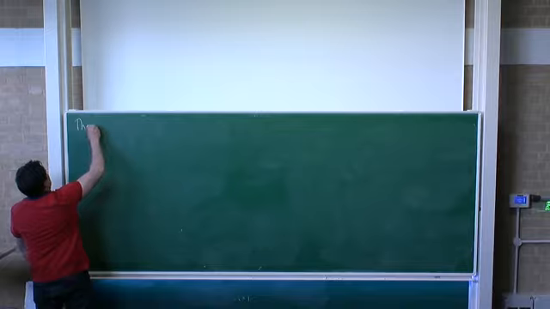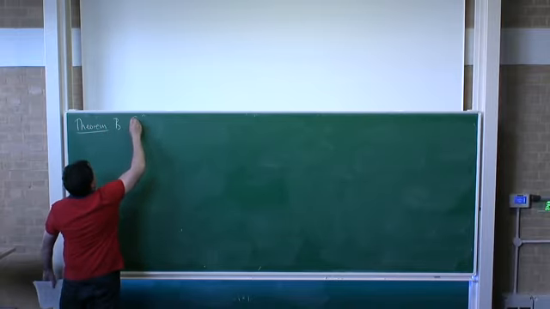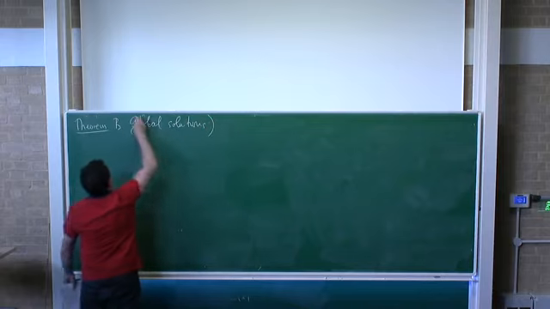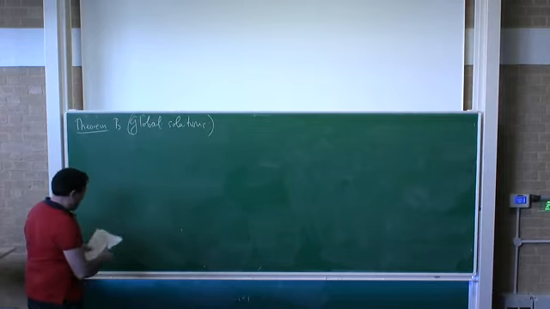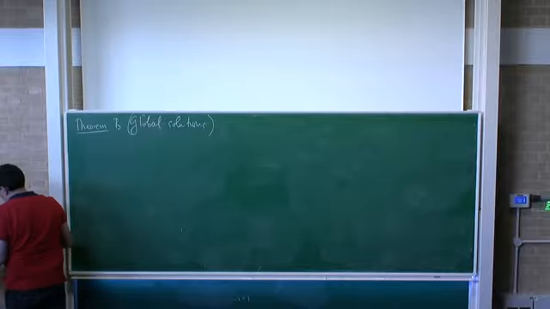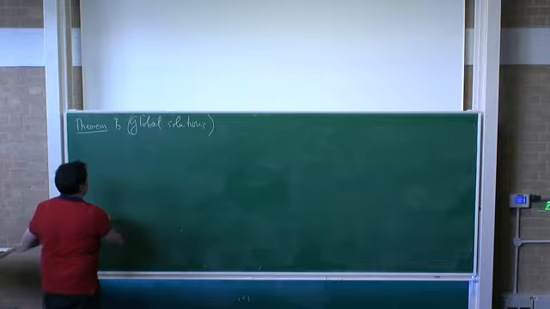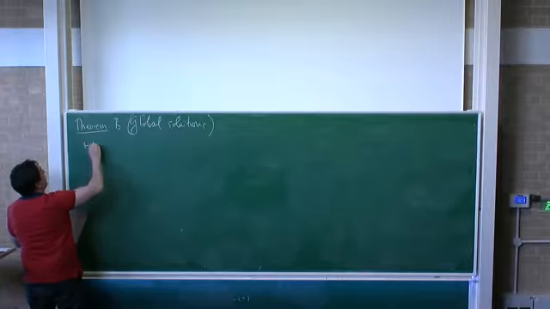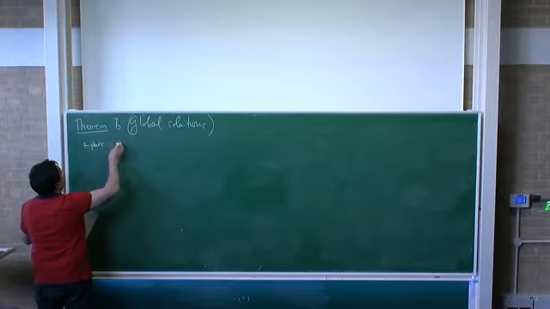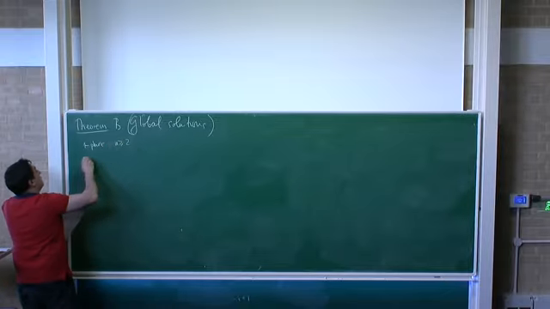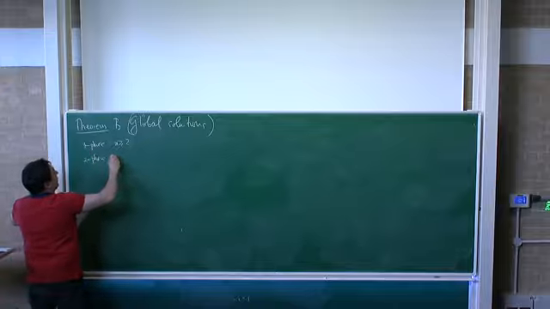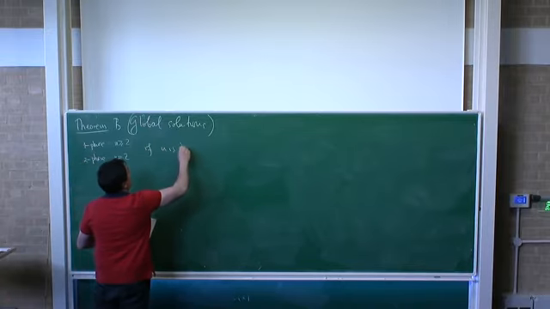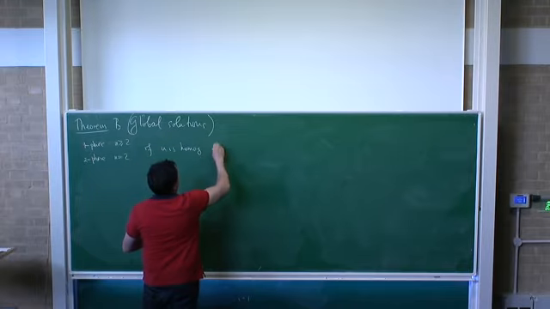I'll say theorem B is about global solutions. For global solutions, again I'm going to consider two cases. So one phase case, in which n is arbitrary, and then in two-phase case, I'm going to assume that n is 2. And then if U is a homogeneous global solution,